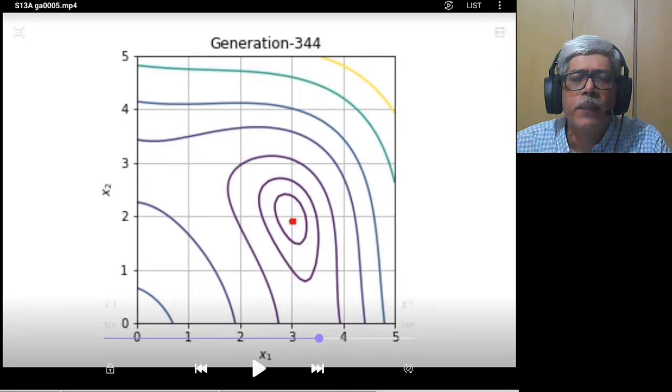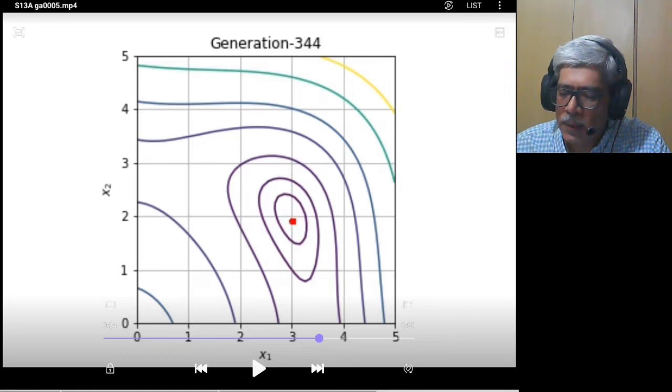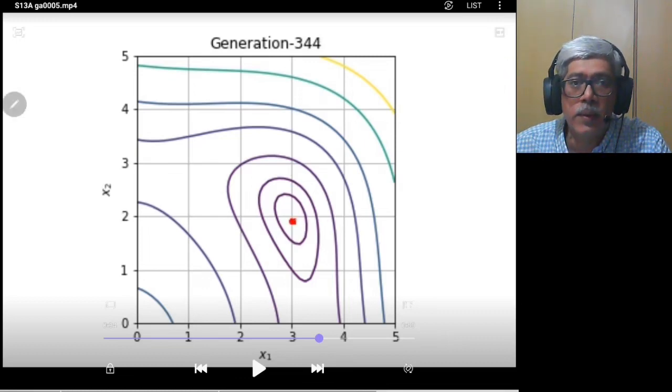It may appear that this is a good strategy, but what happens is that in this case, although the solution has converged towards a particular point, that point is in general observed not to be the global minima. It has more error than what we get in the case of higher probability.